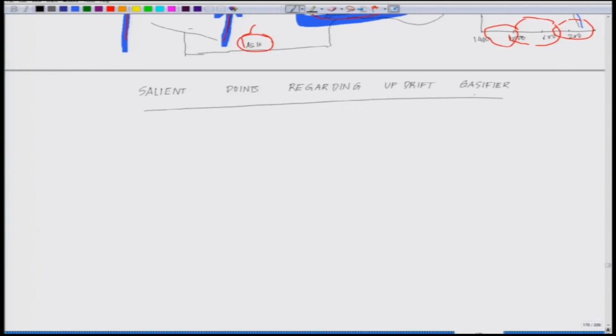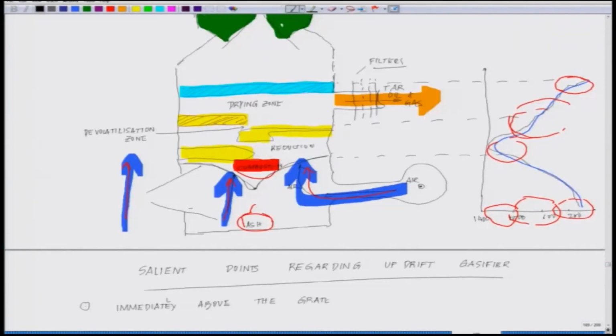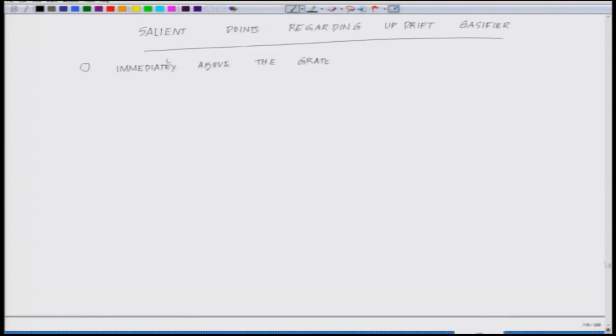The first important point is that immediately above the grate, so the grate is sitting out here, if you look at it, immediately above the grate, the solid char, which is basically the residual solid left after removal of volatiles, okay,